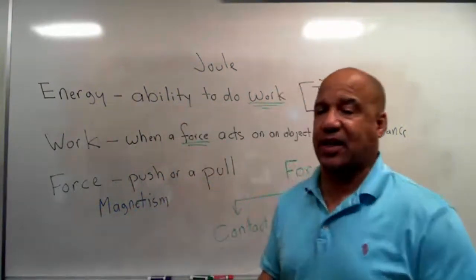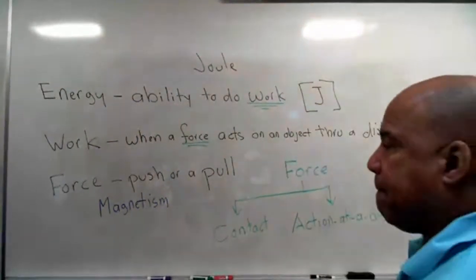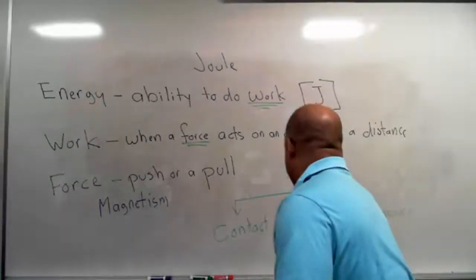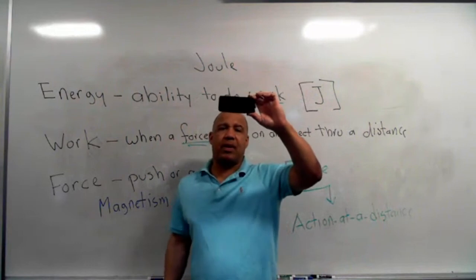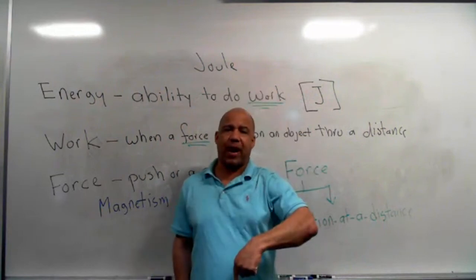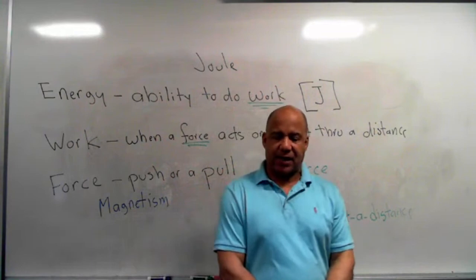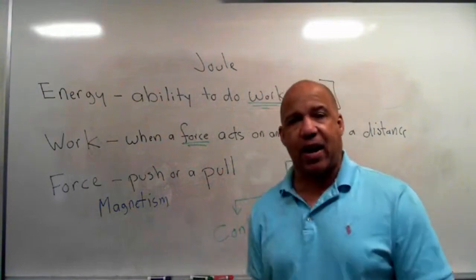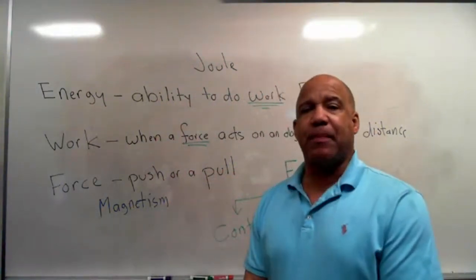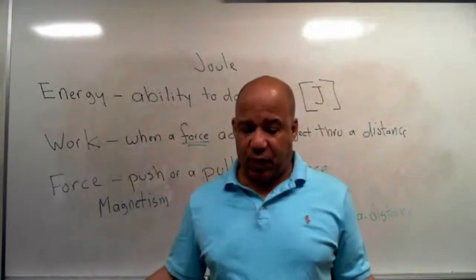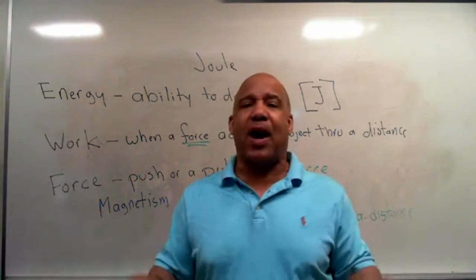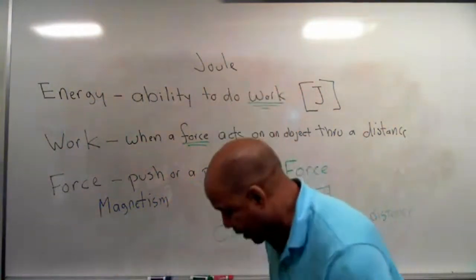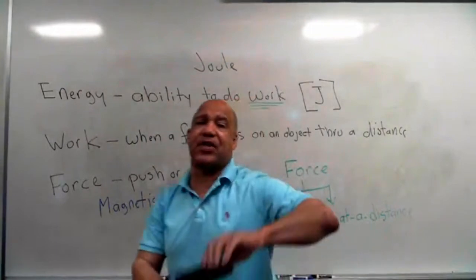Are there any other kinds of action at a distance forces you can think about? Gravity. I was going to think about that next. So here I have an object. If I let it go, it's going to fall, right? If you ask a kid, why did the eraser fall? They're going to say, well, that's down. But if you think about it, we live on a sphere. There is no down. If you're at the South Pole, then down is up. There is no such thing as up or down. It has nothing to do with up or down. It has everything to do with the fact that if I have this